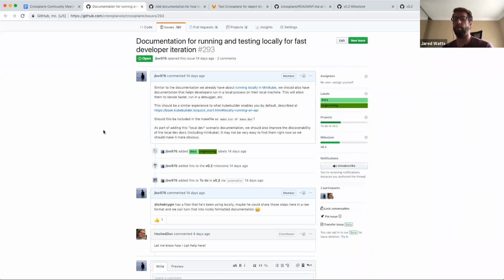It's not a very costly iteration cycle, but you don't have the ability to easily attach a debugger and run it in a debugger. And you have to build the container image and the Helm chart every time that you make an update. So being able to run as just a local process on your dev machine that you can easily attach a debugger to and quickly tear down and bring back up again is still pretty desirable.